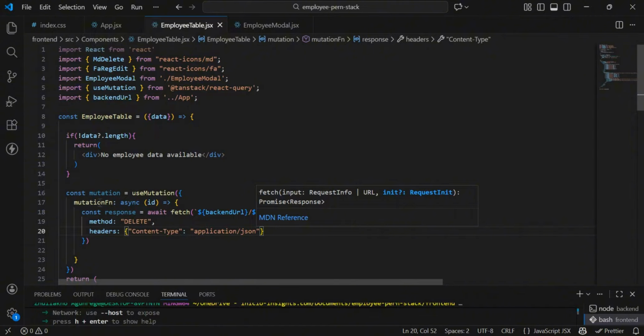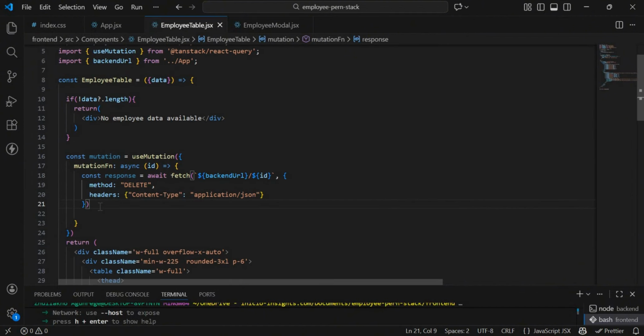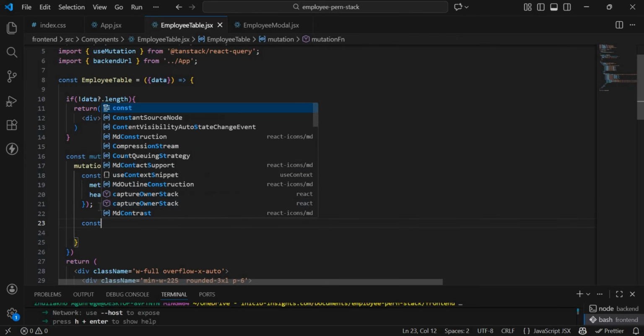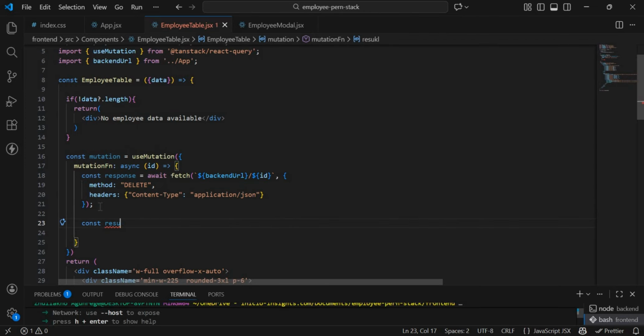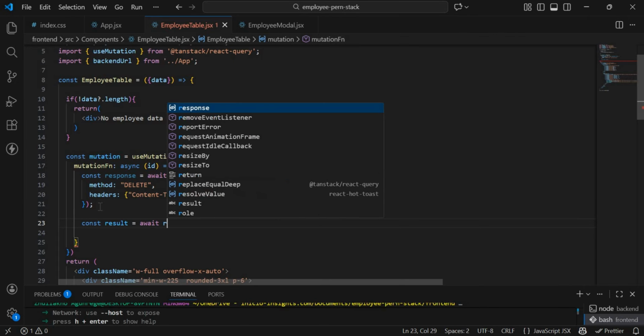So after this is done, the next thing we need to do is to parse the JSON response. So we're going to have const results will be equal to await response of JSON,